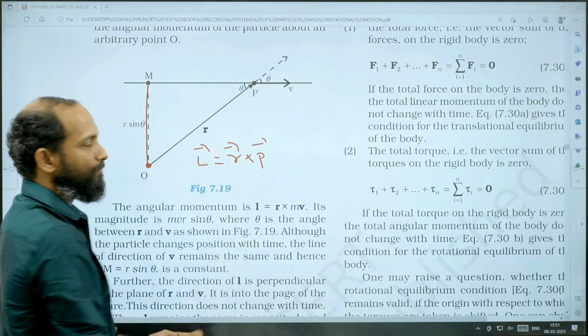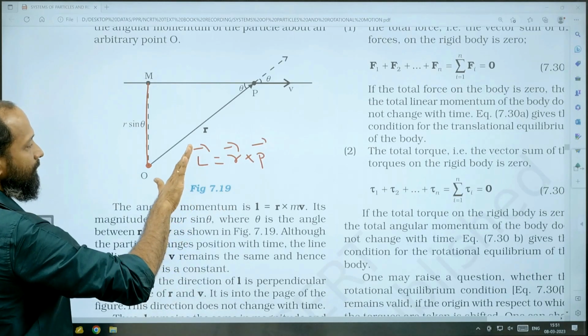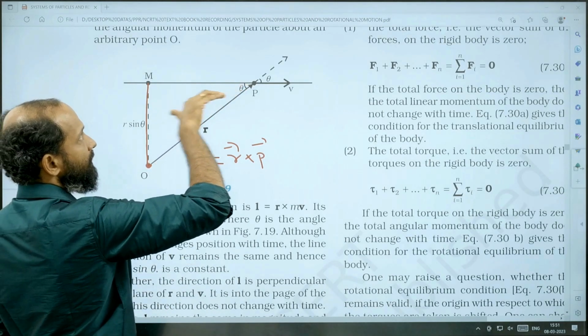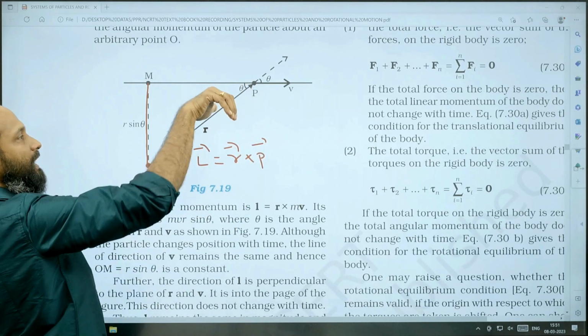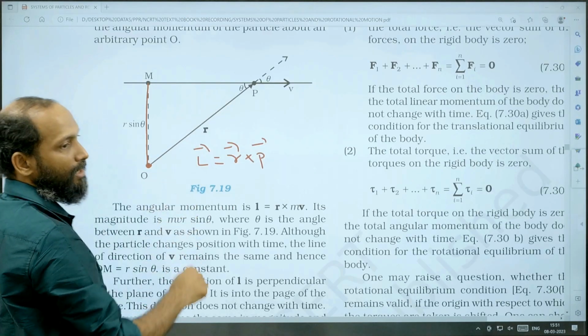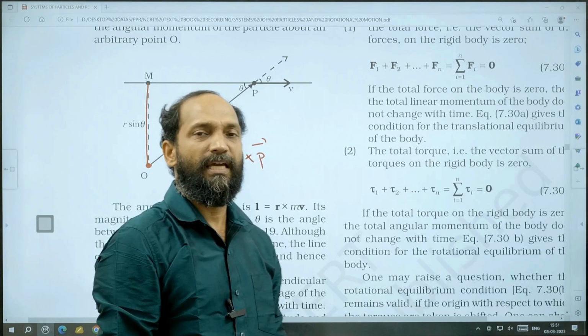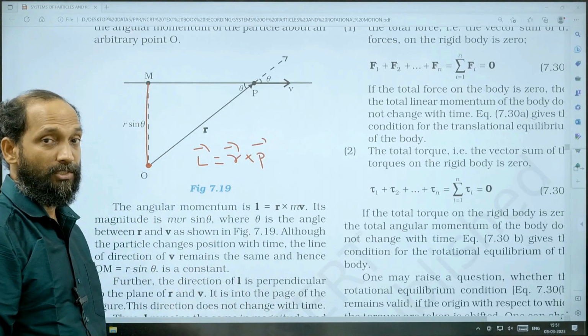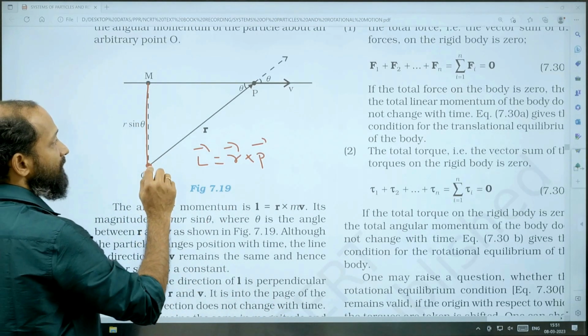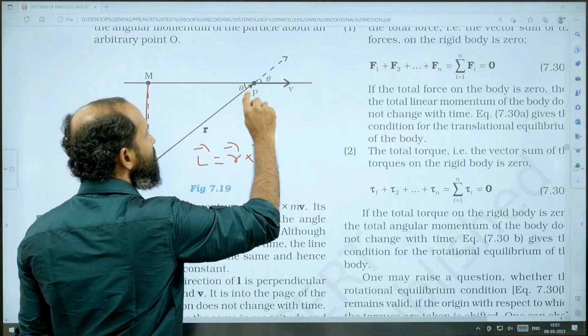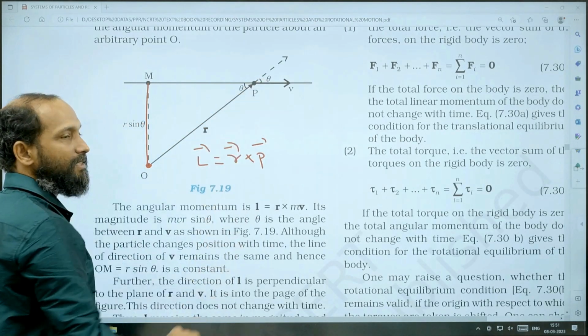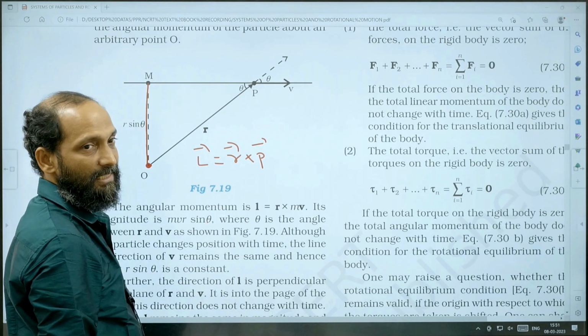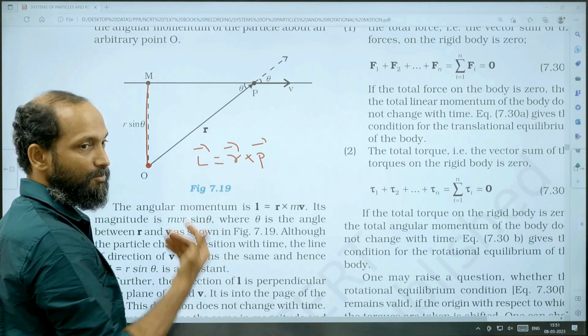What is the direction of that angular momentum? Position vector is r, momentum vector is p, r cross p is directed along the negative z axis. So that angular momentum vector is constantly acting along the negative z axis. Let us check whether its magnitude is constant or not. We know as time progresses, r increases. As r increases, we may think that the value of L also increases,